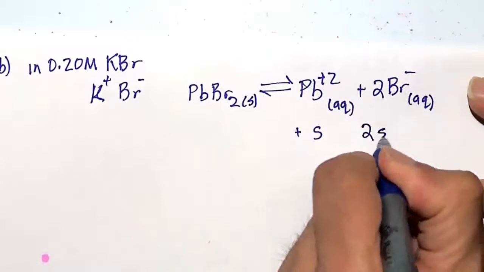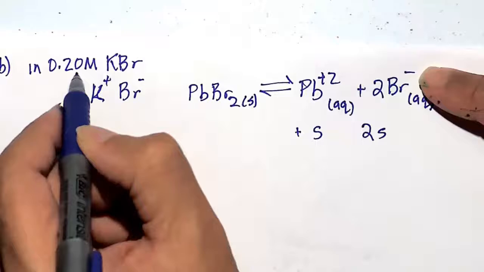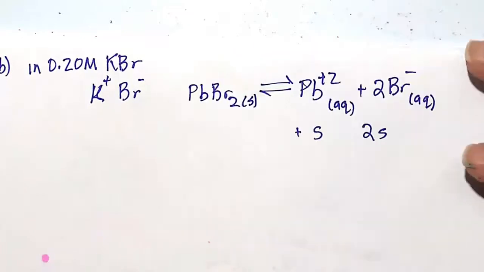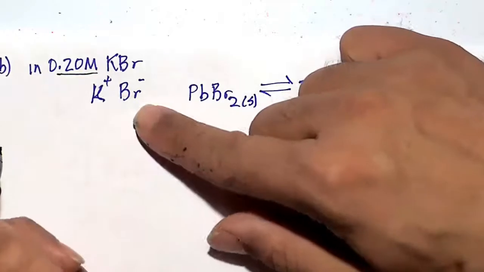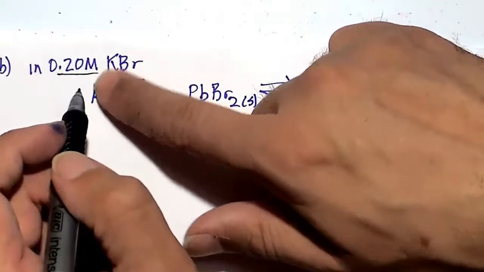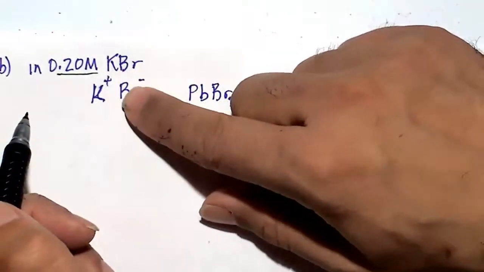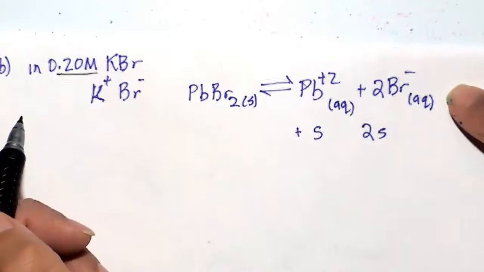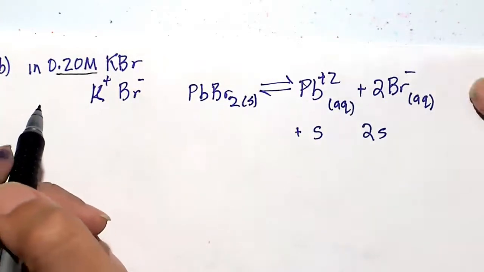So it's going to be plus S plus 2S, but the Br minus here is actually coming from the 0.2 molar. So don't forget, you have this solid dissolved in potassium bromide. The Br minus is actually 0.2 molar. Remember, potassium bromide is potassium ion plus bromide ion. So that equilibrium is really going to be influenced by the presence of the Br minus,